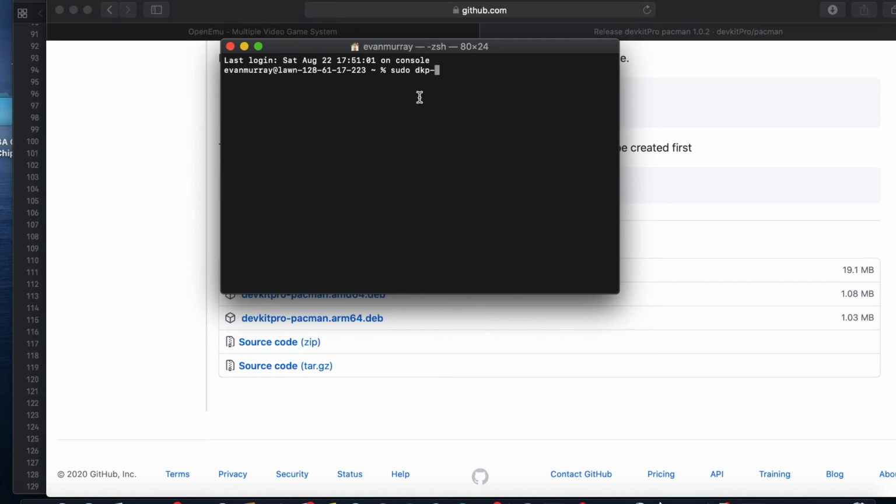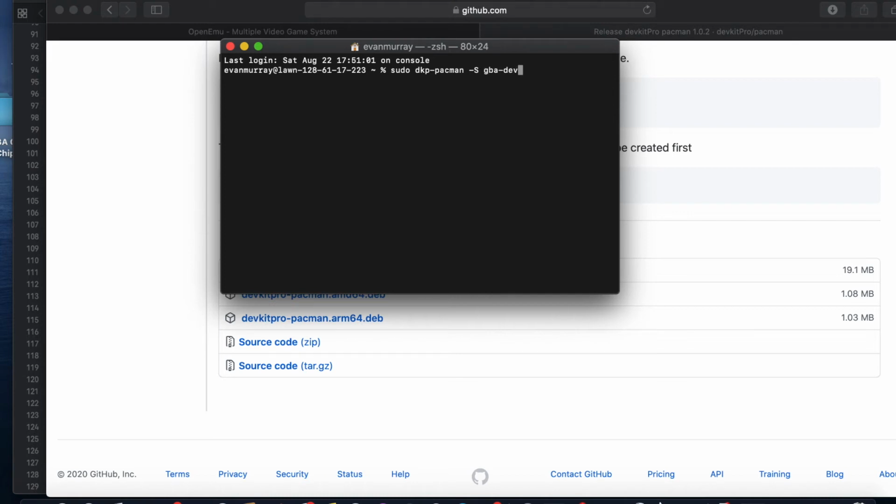So sudo is "super user do." Each time we run sudo before a command, that gives us administrator permission, or system permission for that matter. So we're going to do sudo dkp-pacman -S and then gba-dev